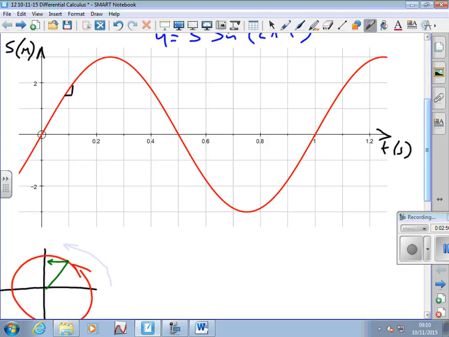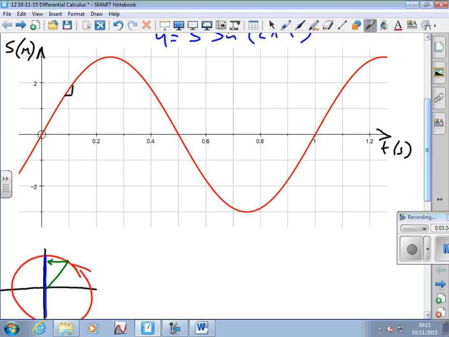Calculus tells us about the rate of rotation, the rate at which the thing's rotating, the rate at which it's being displaced up and down this y-axis in particular. So if I imagine this thing rotating in this direction, anti-clockwise, and we're only considering how it's moving up and down the y-axis, we can sort of imagine